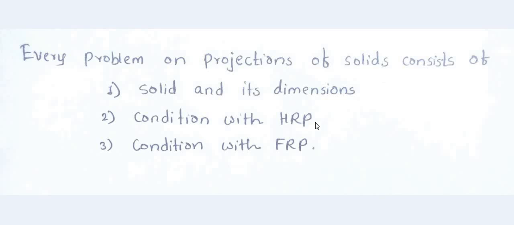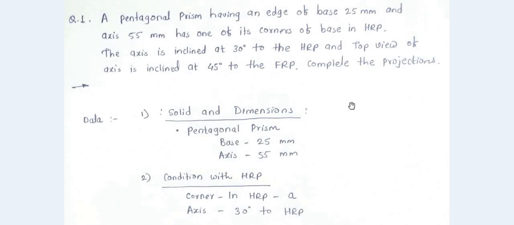Now as we are projecting a large number of points here, relatively the problems would be simpler. There would not be any complication of the kind we have seen in the chapter on projections of planes. And the stages involved in the solutions are also the same. As we have done for projection of planes, in a similar manner we will execute the solution of our problem on projections of solids. So we will take an example and then we will see. This is the first example of projections of solids.